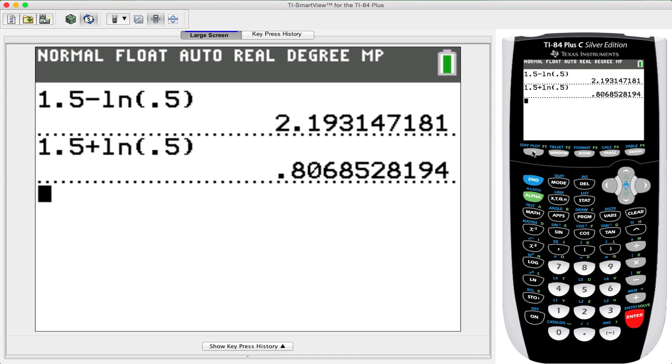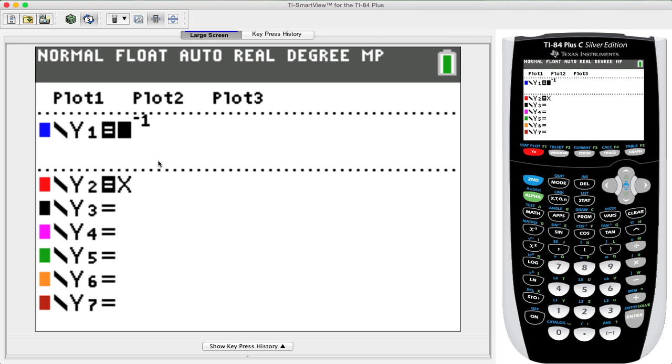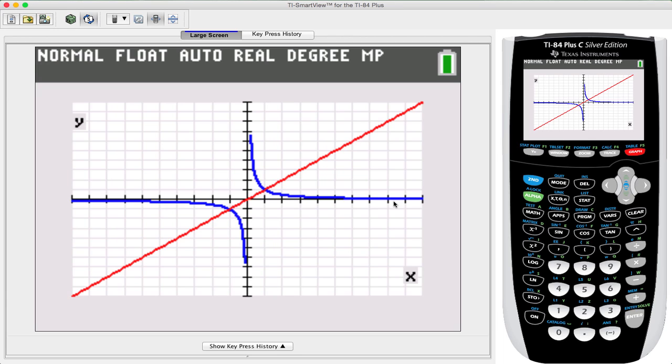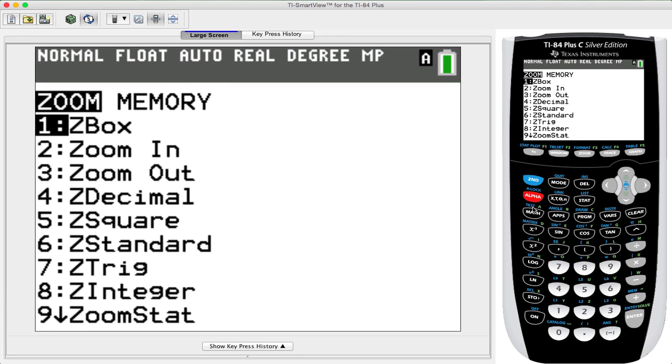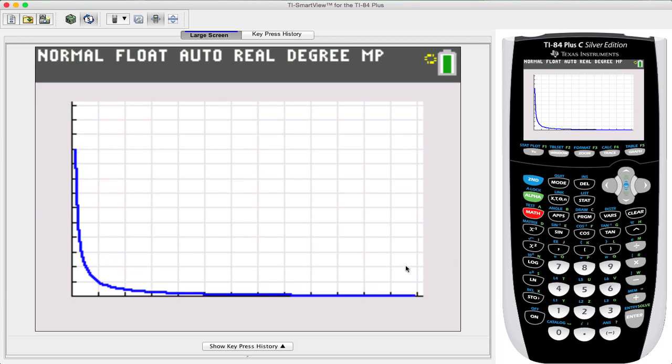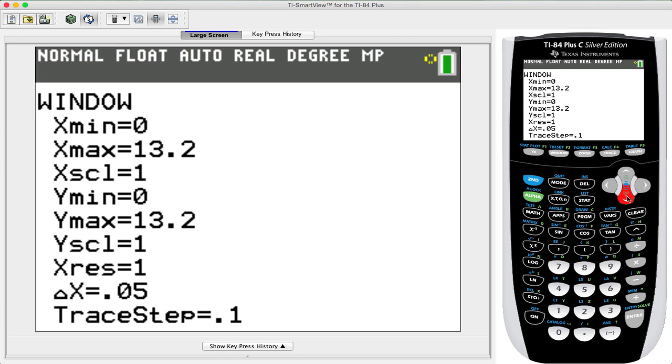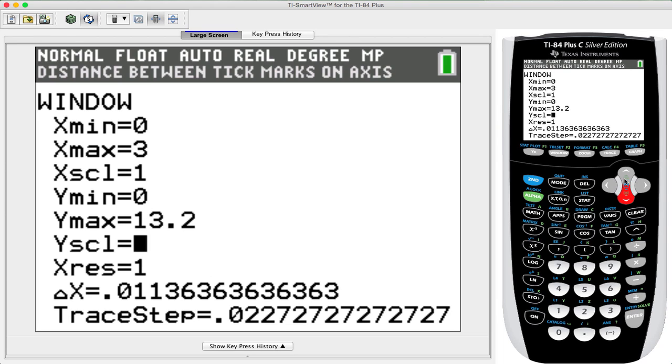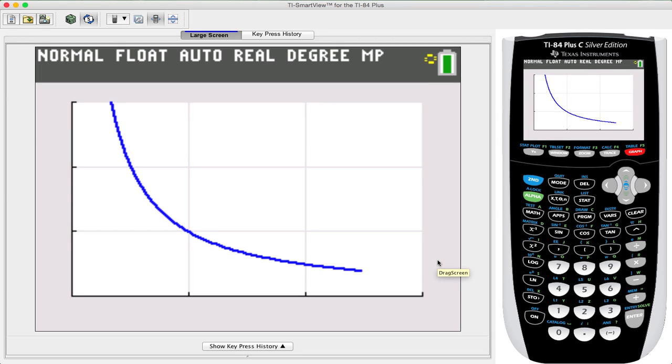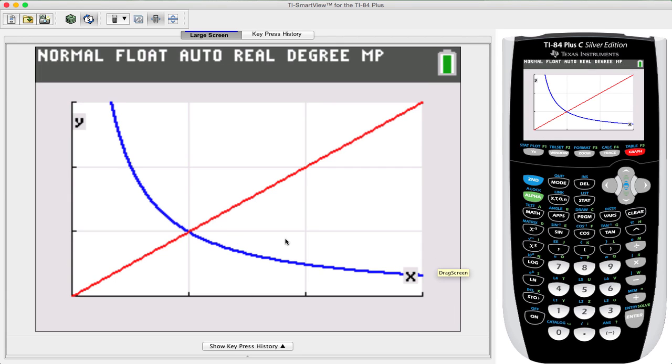Now let's go ahead and take a look at this graphically. So let's call up y equals. Here I have function f and function g already in place. Let's go ahead and graph. We see that all the information we are interested in happens in quadrant 1. So zoom. Let's do alpha and then A. And we see the x value, its maximum. Let's give it a maximum of 3 for x and y. So let's go to window. Let's give the x max a 3. And let's go down and give the y max also a 3. And then let's graph again. We see that everything is taking place in this region here.